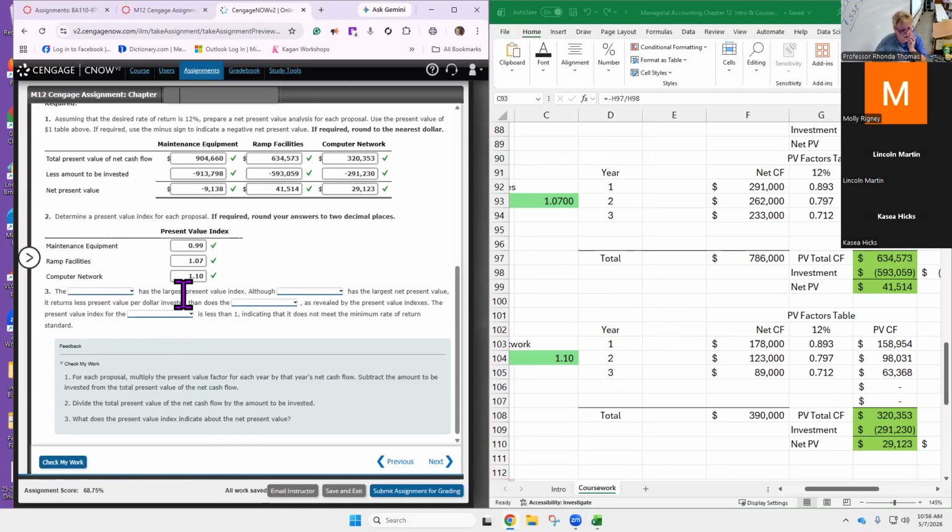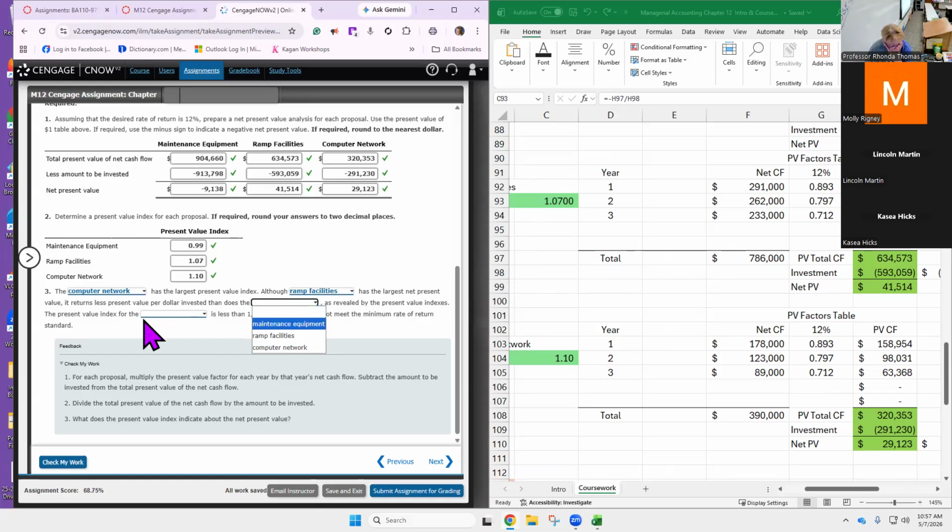The blank has the largest present value index. Mine was the computer network, which I think hopefully will be yours. Although the ramp facilities has the largest net present value, it returns less present value per $1 invested than does, okay, so let me read this again. It returns less present value per dollar invested than